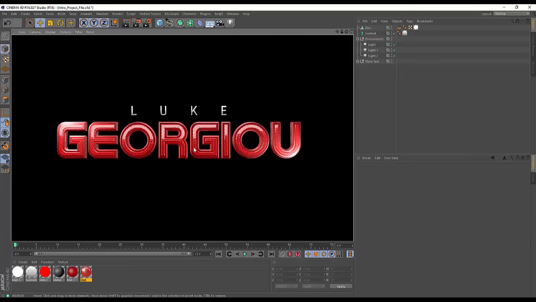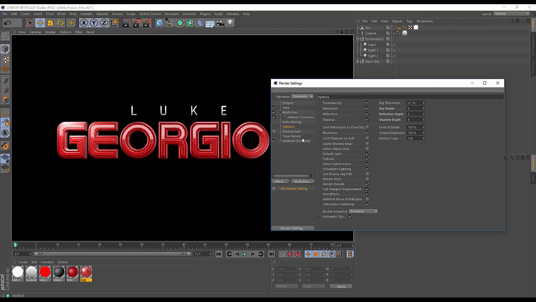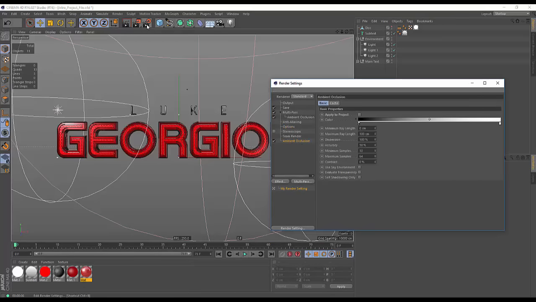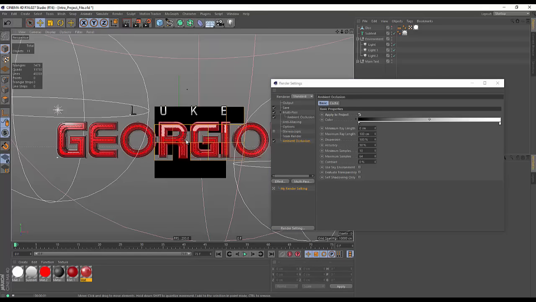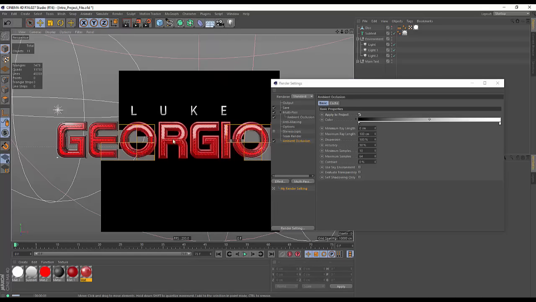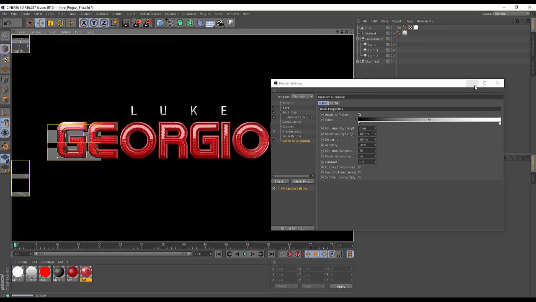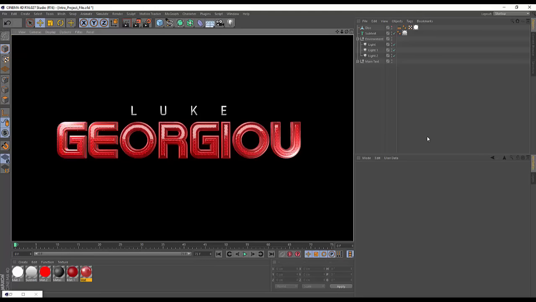We have one more look at this here. And let's actually have a look with our ambient occlusion turned on. So let's go to our render options and we'll go to our ambient occlusion tab and we'll just turn on apply to project. And if we render that out now, the ambient occlusion is actually being applied there. Cool, so we're getting our nice highlight going on in our lights, our cool texturing, and it's looking pretty good,